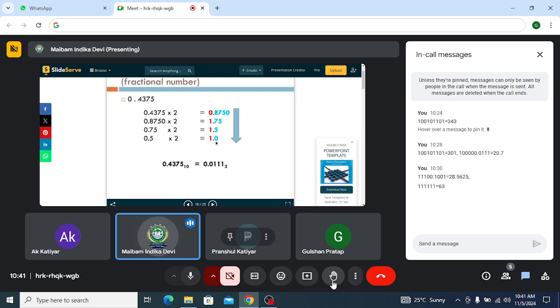Now after doing this, you have reached 0. After that you will start writing from top to bottom. It's just a reverse process of what we have done in the non-fractional part. In the non-fractional part, you divide it and you start taking from bottom to top. If it is a fractional part, you multiply it. That is the reverse process of division, and then you will write the numbers from top to bottom. So the binary equivalent of this decimal number is equal to 0 point.